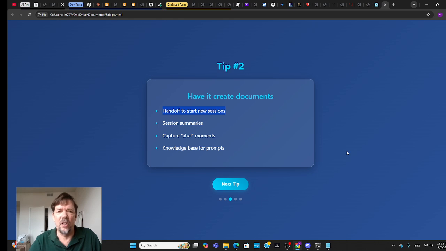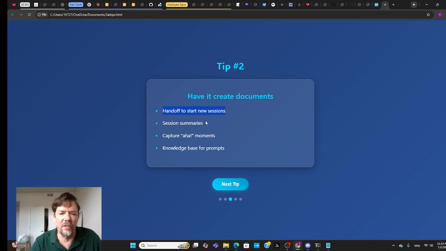So as soon as you start to talk about different things, it's more likely to get confused and mix the different ideas. So you want to start a new session, you can have it write a document to give to itself. And you can just tell it that. You can say, I want to start a new session because this one's gotten long. Please write a handoff document. You just give it to it in the next session.